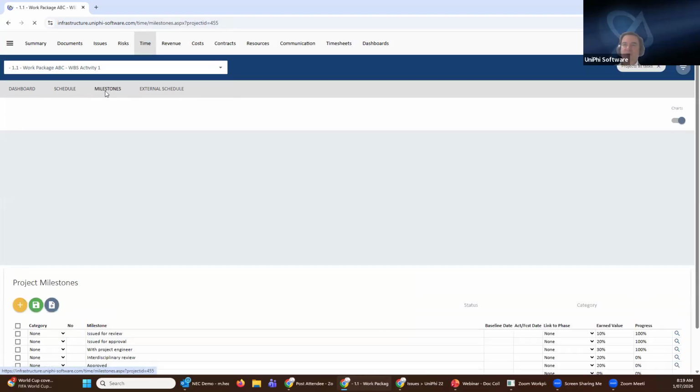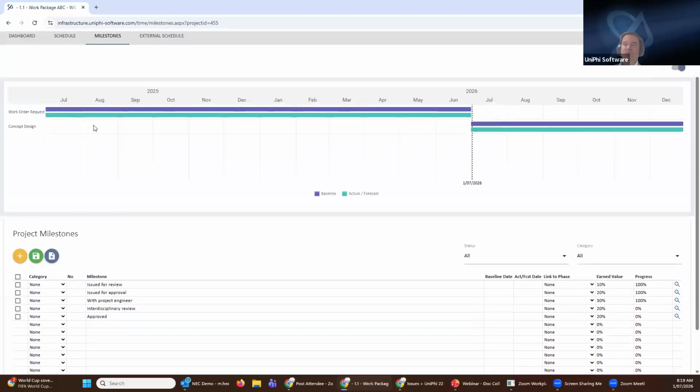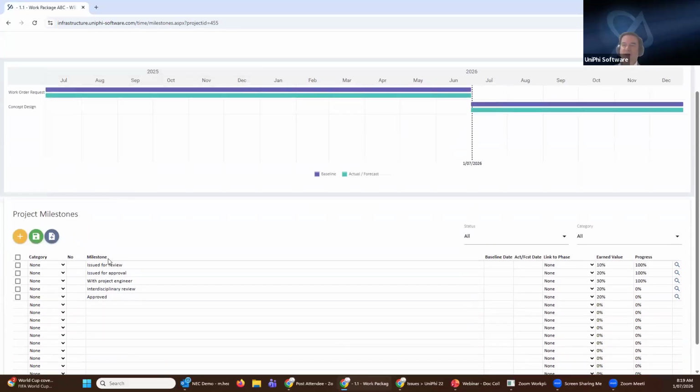And then I will have milestones. And with the milestones, what we're doing against an activity is we're establishing a series of stage gates that this activity will go through. And often it'll be a collection of deliverables that they need to package up and issue to certain stakeholder groups, drawings and specifications and the like, which will go through a staged review.